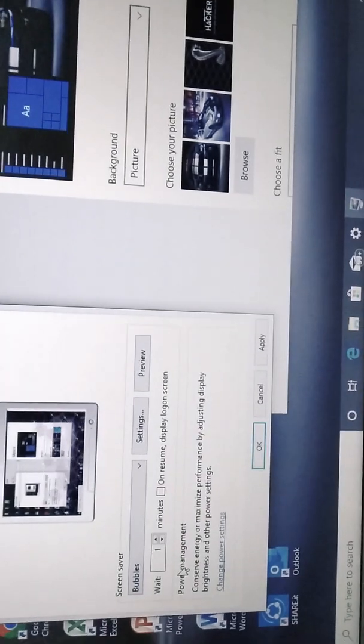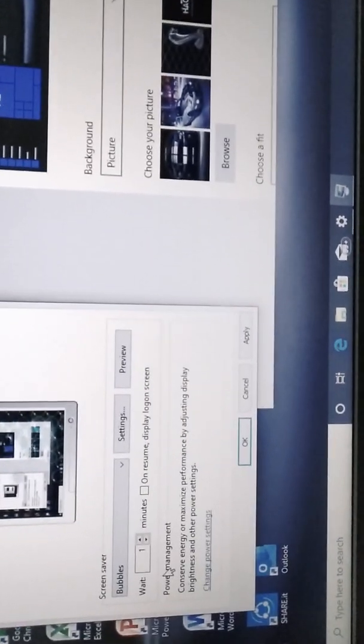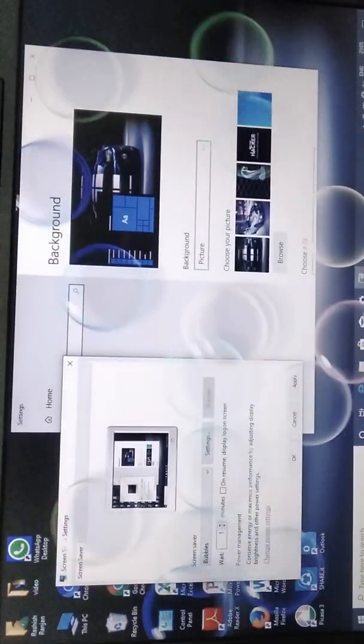Okay, so when the computer is idle for some time, if you are not doing any work on the computer and leave it for a little while, then this screensaver, which saves your screen, will come on automatically, and by touching any button it will go away. Now you can see that I have selected these bubbles. See, these bubbles are coming on the screen. You can see the preview also. You can click the preview button and now you can see the bubbles on the screen, and you can see that when I touch the board, the bubbles are gone.